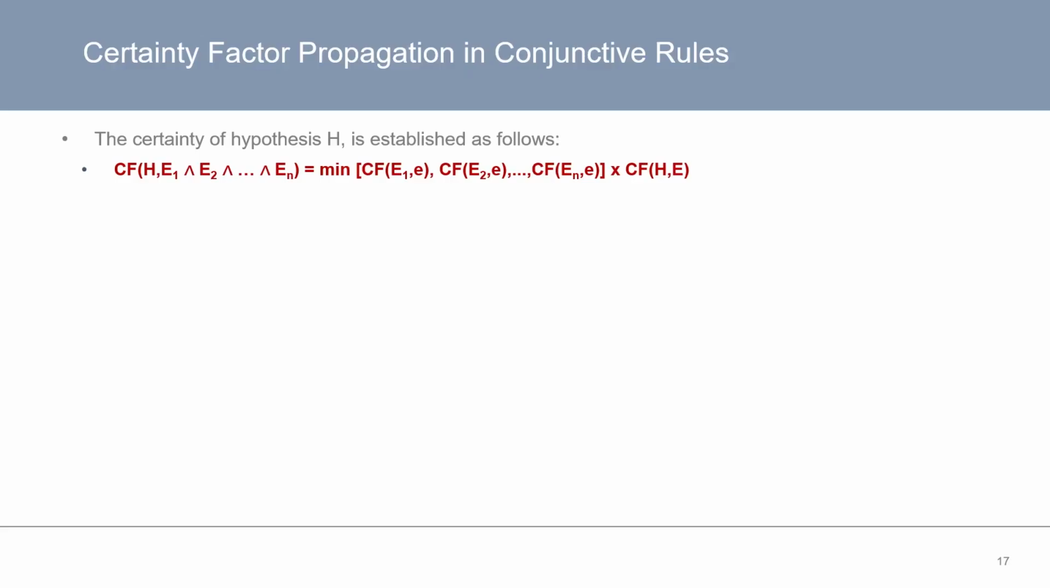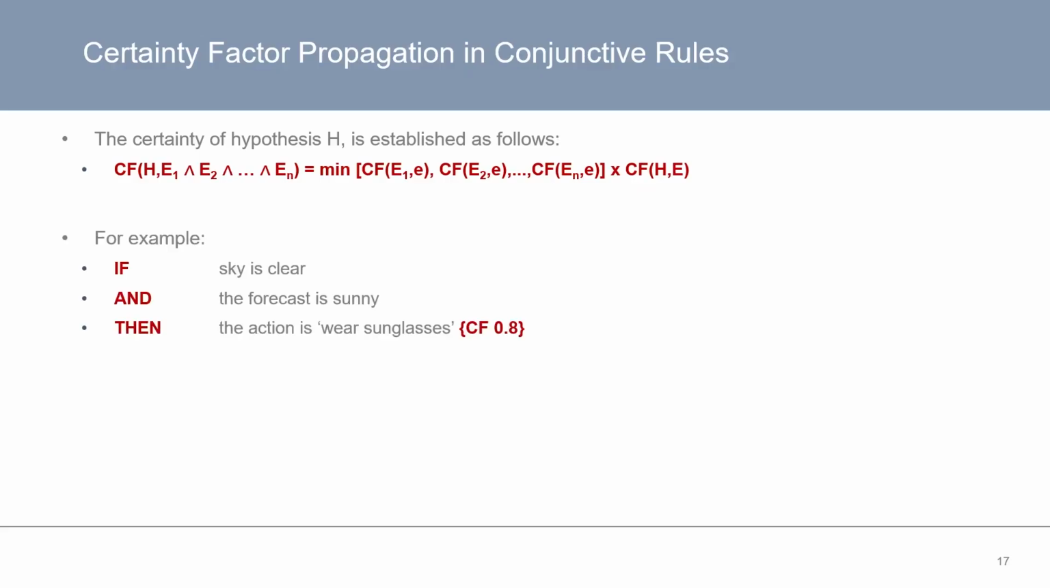Starting with conjunctive rules, we have the following equation summarizing how the propagation of certainty factors would occur. Again, here we have rules with multiple conditions connected by ands, or in other words, we want a certainty factor of a hypothesis given that multiple evidences are true. In general, this is calculated by finding the minimum certainty factor among all antecedents, multiplied by the certainty factor of the rule itself. As an example rule, we have if sky is clear and forecast is sunny,